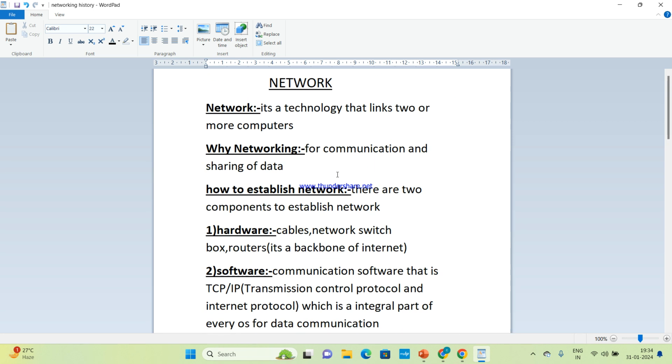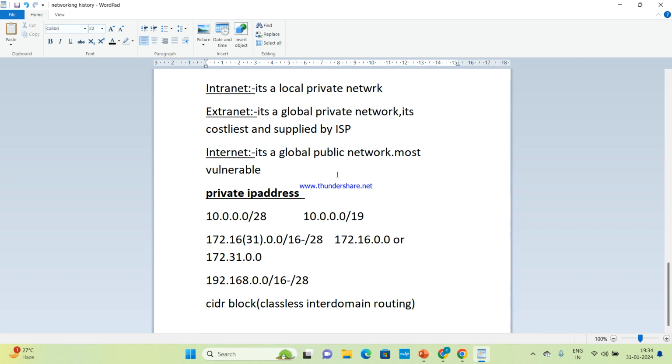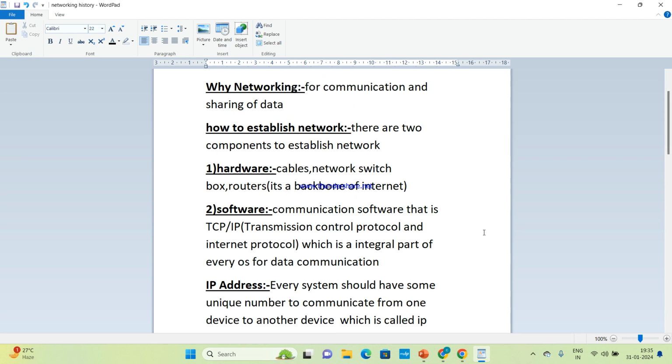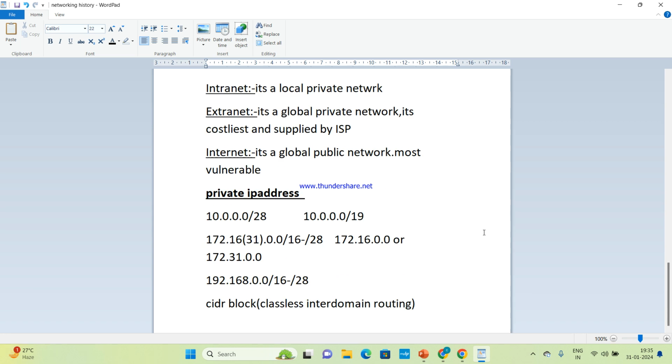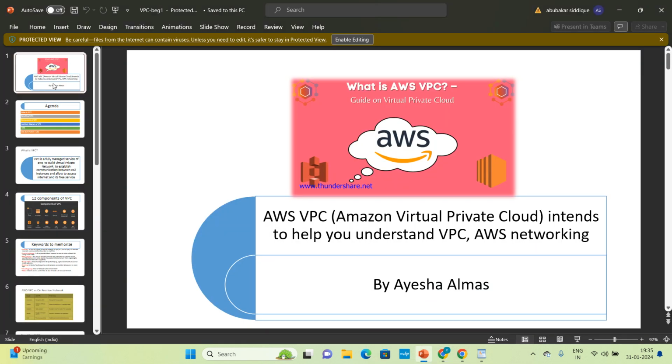Understood about the history of network, the basics of network? To start with VPC, you should know these basics of network. So now we are starting the VPC service.